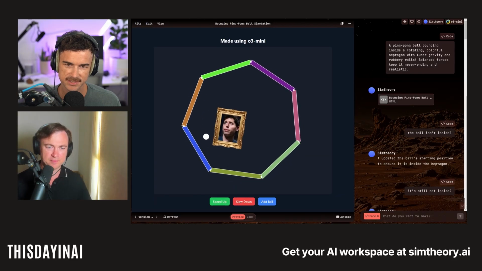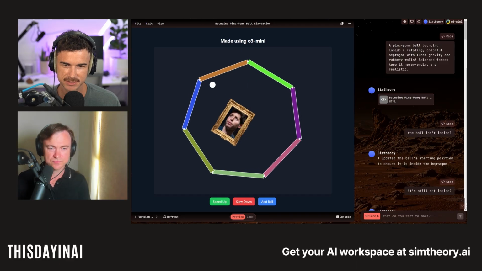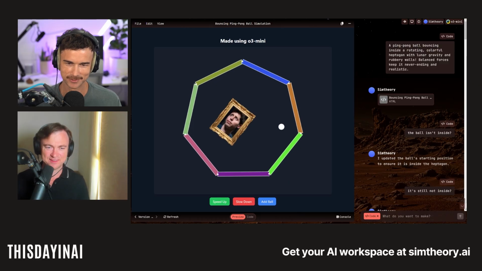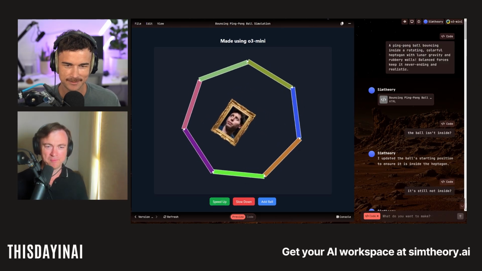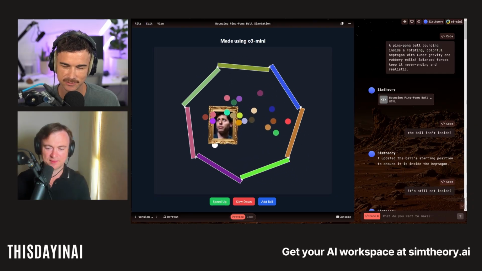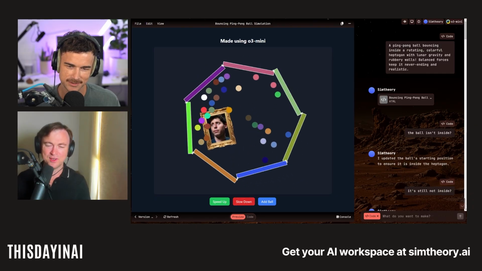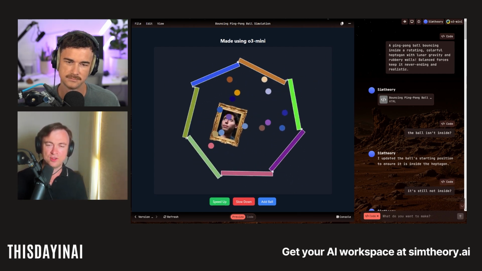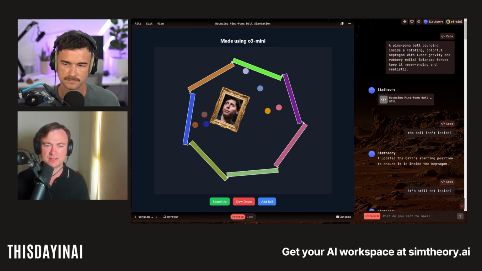Yeah, and I decided to troll myself really hard by building the bouncy ball simulation. This one has a photo in it of Sam Altman in a gold frame. And I just made a mockery of the whole thing by spinning it up, being able to add many balls. But this is using o3-mini to do it. It's pretty cool and fun. I did find some of the larger models would do nicer options, like you could click to add more balls without me even asking that, for example. But I guess they're just showing off. But yeah, I couldn't find a model that wasn't able to do that demo. So I don't know if it is the best test of a model's proficiency.